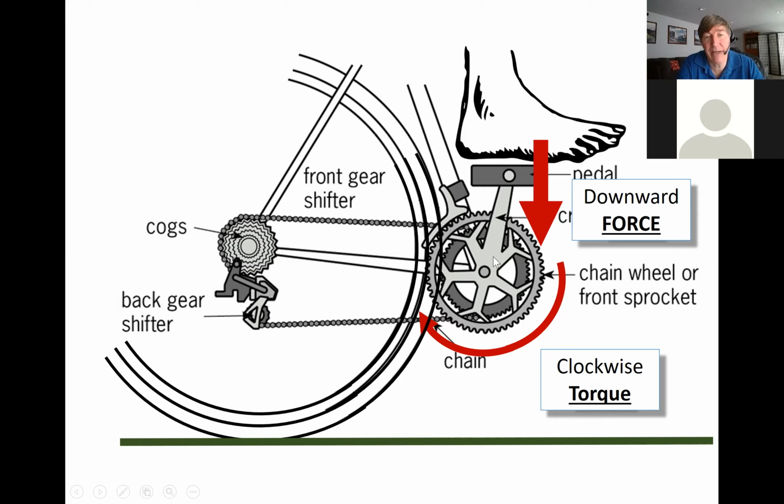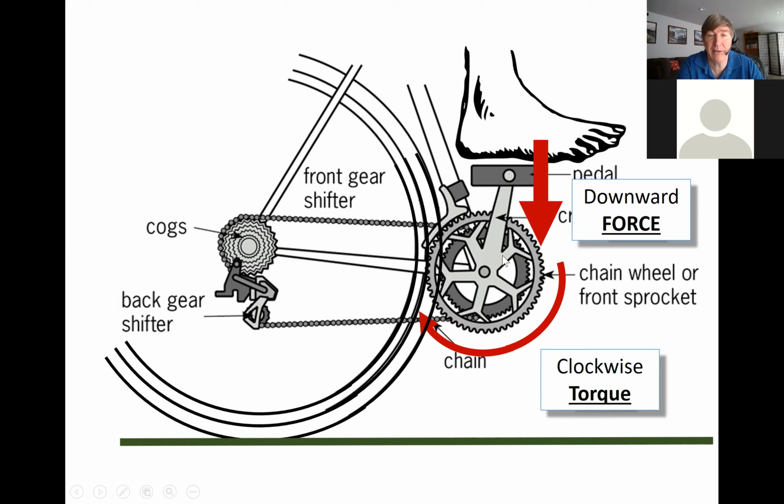Now also the angle comes into play. We're going to talk a little bit more about this later, but if this arm is up really high, as shown here, you're not going to get as much torque as you would if this arm was out here horizontal. So imagine that this arm is horizontal. The same amount of downward force is going to give you more torque. It's a little bit complex. I'll go into more detail later. Let's just continue on through here. So we got a linear force which causes a clockwise spinning force, which I'm now calling a torque,